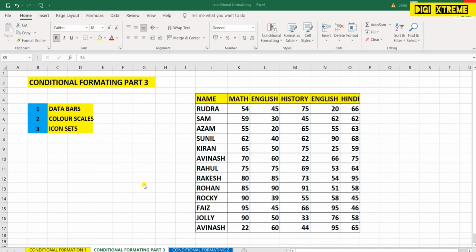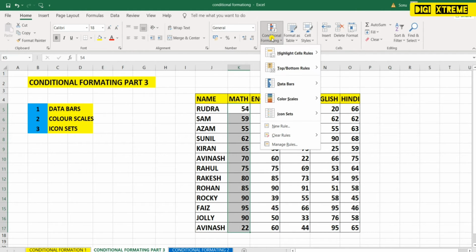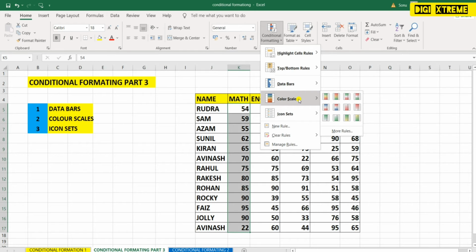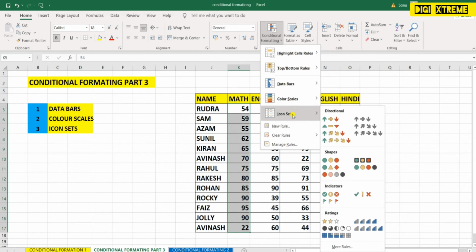This is the last session of conditional formatting. Today we will cover data bars, color scales, icon sets. Let me show you here. You can see data bars, color scales, icon sets.